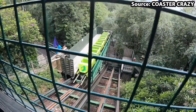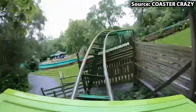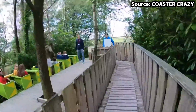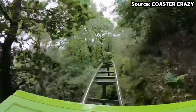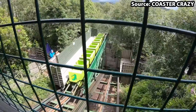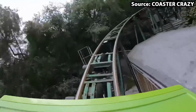Yet to start from the beginning, from the moment you walk into the park and see this world famous and very unique coaster, you'll instantly want to take a ride. And you should definitely do just that, as words literally cannot describe how unique, smooth and fun its many twists, turns, drops, and of course lift at the beginning really is. And so I think it is very easy to see why this is our number one